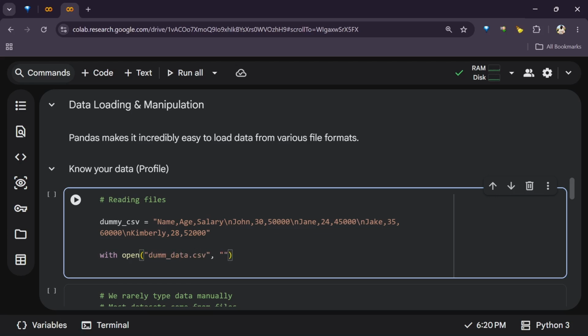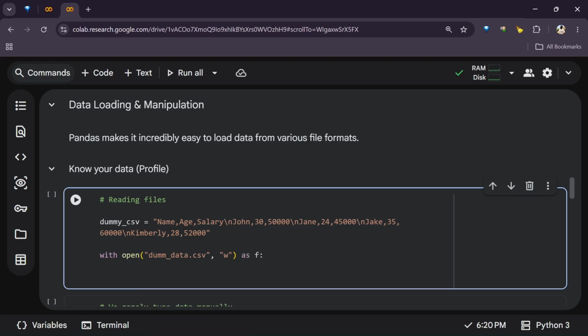W is for write, so say W, then we'll say as f. Now in here we'll just do f.write, the dummy data we created, the dummy CSV. Okay, so we want to write this as a file,